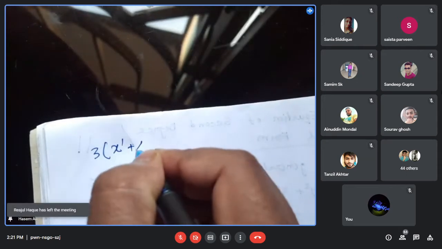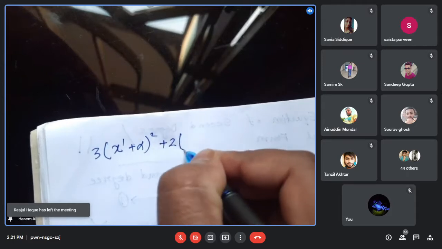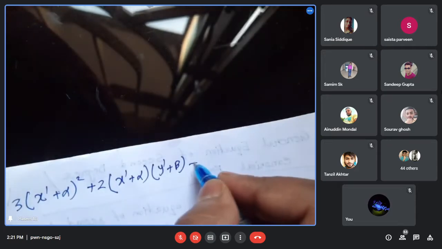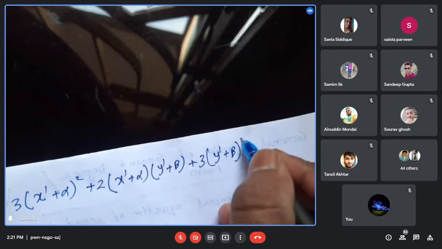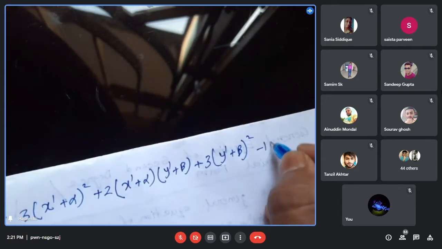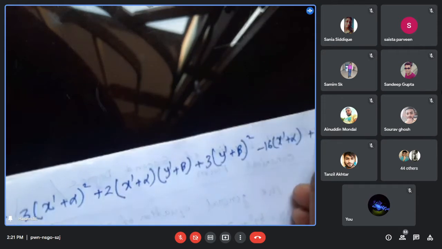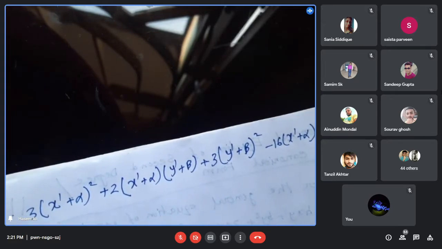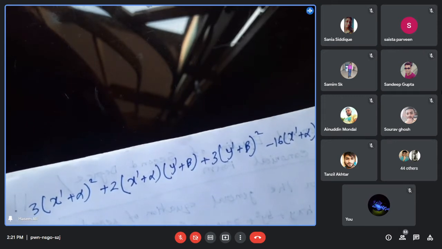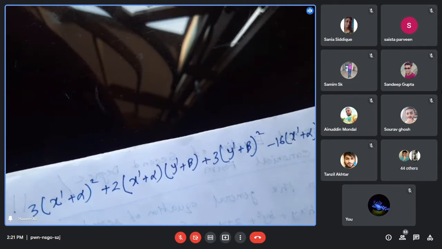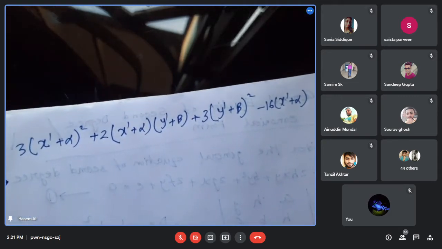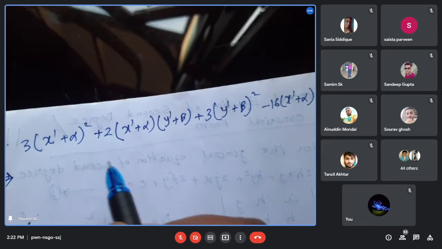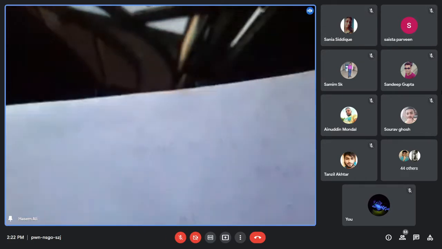3 times (x dash plus alpha) square plus 2 times (x dash plus alpha) times (y dash plus beta), plus 3 times (y dash plus beta) square, minus 16 times (x dash plus alpha) plus 20 equals 0. আচ্ছা, সব একদম এক্সপ্রেশন লেখার দরকার নেই, আমি বেছে বেছে লিখবো। অনেক শর্টকাট আছে। কেমন শর্টকাট দেখো, ফার্স্ট সেকেন্ড ডিগ্রি টার্ম নেবো। সেকেন্ড ডিগ্রি টার্ম এখান থেকে আসবে। এই আমাদের যে ফার্স্ট ইকুয়েশন,